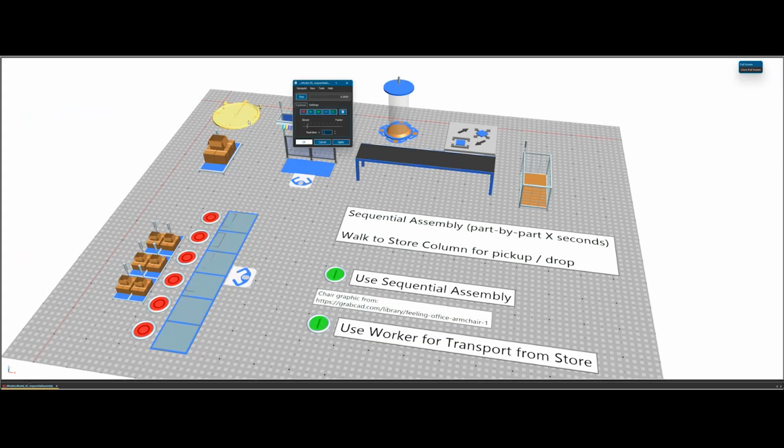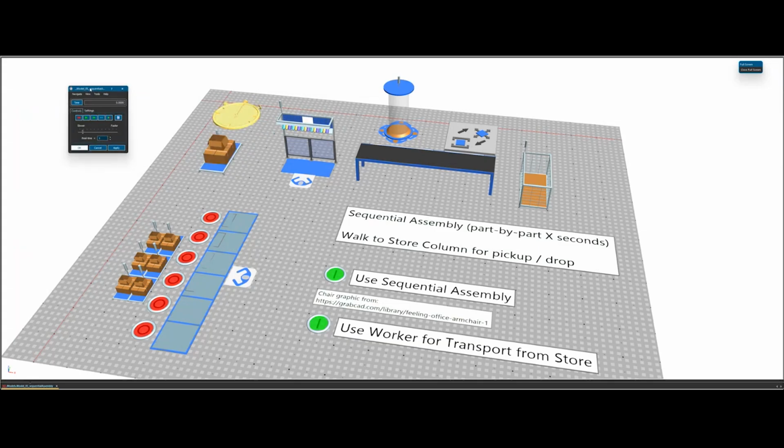Then for the assembly station and also for the store, here I have two things combined in this model.